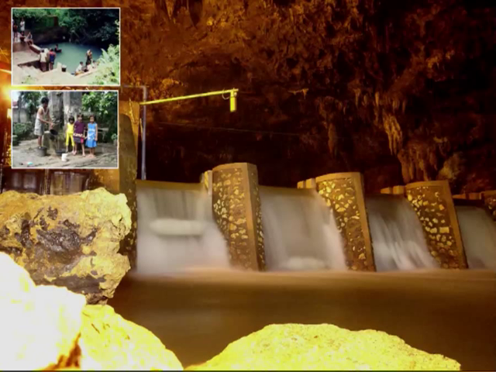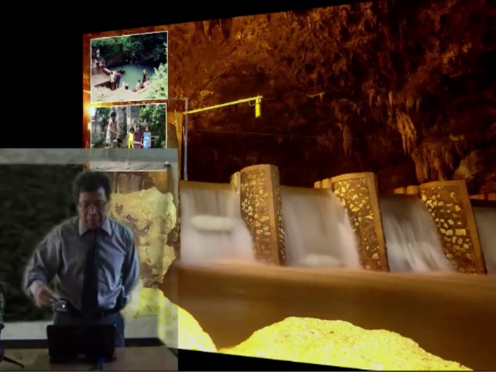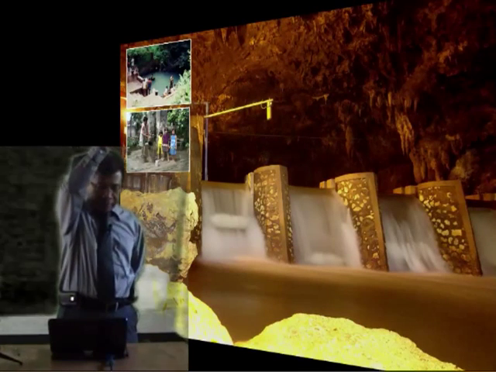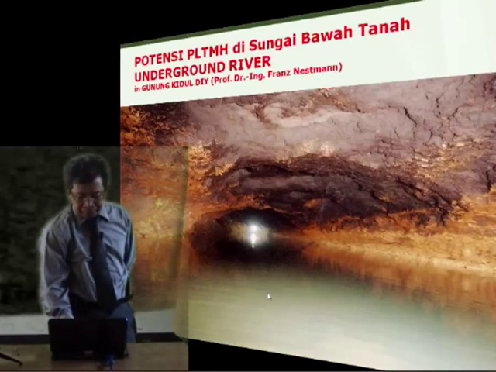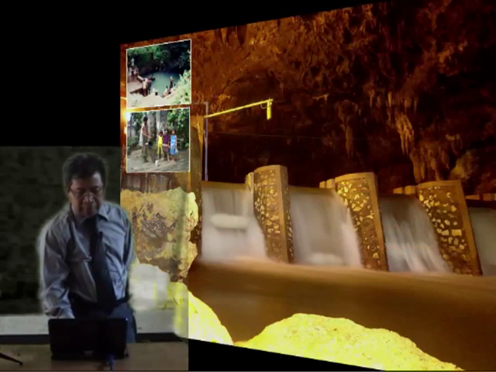And you have to go down from the cave, and then you find the underground river. Look, you can also develop microhydro here. You have already about 2 meters here, and here again 2 meters, so you have 4 meters of water head difference, and you can develop microhydro there. And the electricity can be transferred out to the Earth's surface and used for the people here.